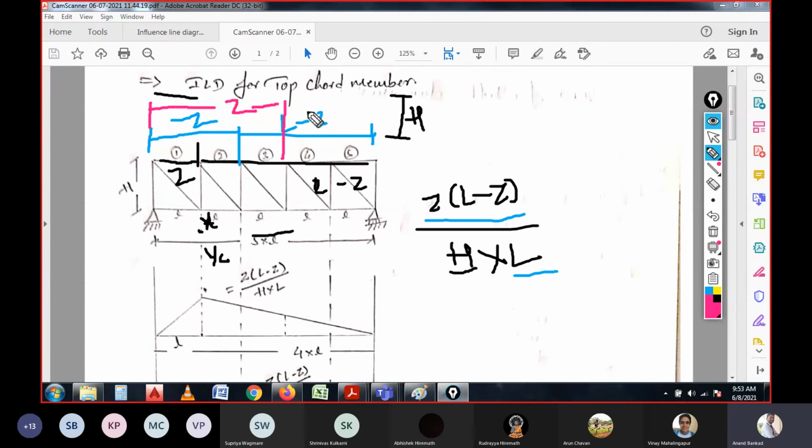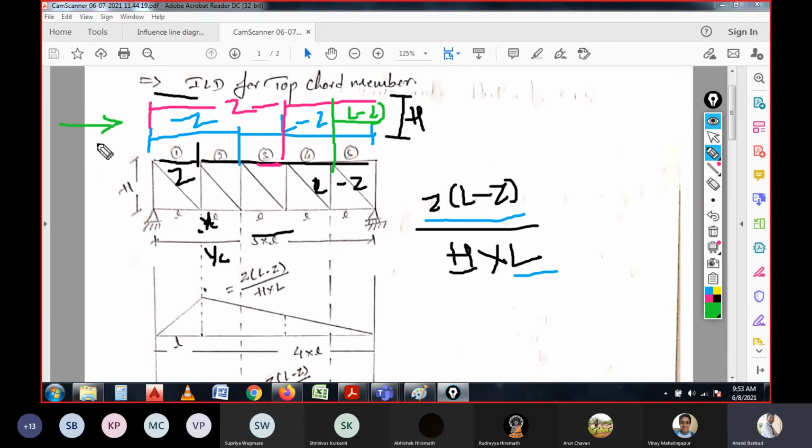So again, if you want to calculate for this third span, the Z value will be this one and the remaining will be L minus Z. Again, it is similar for this span. This is L minus Z and the total will be Z,